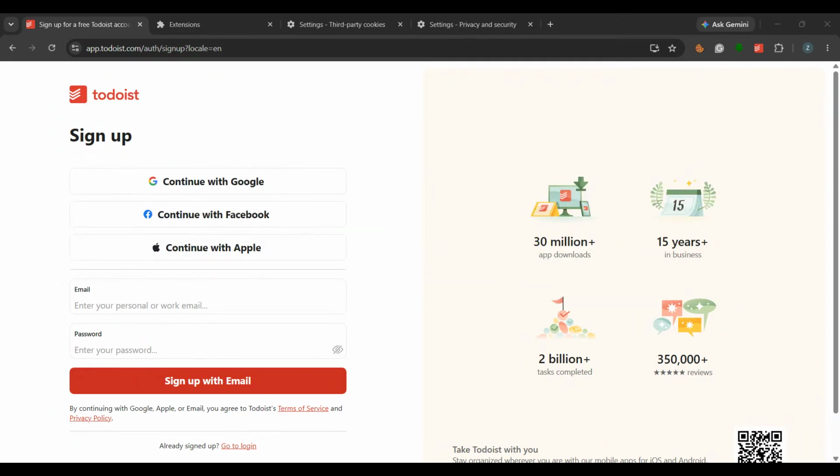To begin, open your browser and go to the official Todoist sign-up page. Once the page loads, you'll see several ways to register. If you already use Google, Apple, or Facebook and want a faster login experience, you can choose one of those options. Just click Continue with Google, Continue with Apple, or Continue with Facebook, and Todoist will connect that existing account